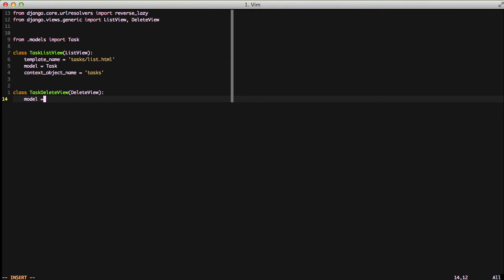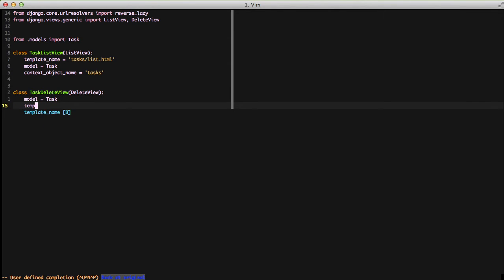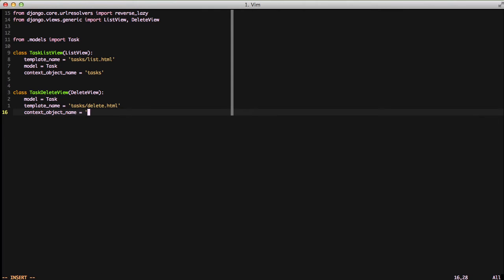Just like all of our other model-based views, we want to give it a model of task, and then we want to give it a template name. And in that template is where we're going to have our confirmation form. And then we want to give it a context object name because we're trying to delete a single specific object. So we need a way to reference that, and giving a context object name is a lot better than object. And then finally we'll give a success URL so we know where to go after we have successfully deleted our